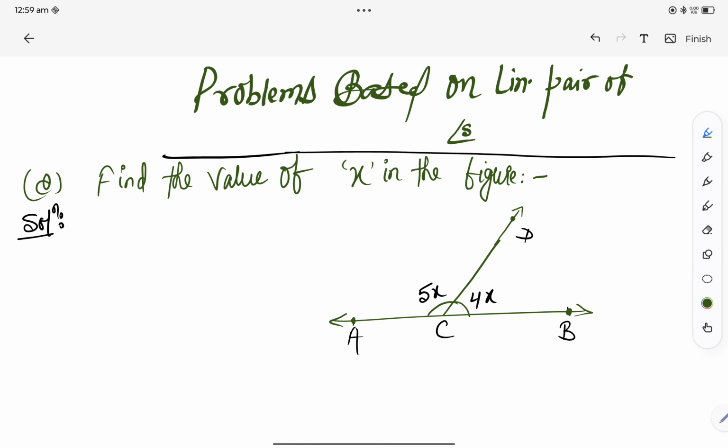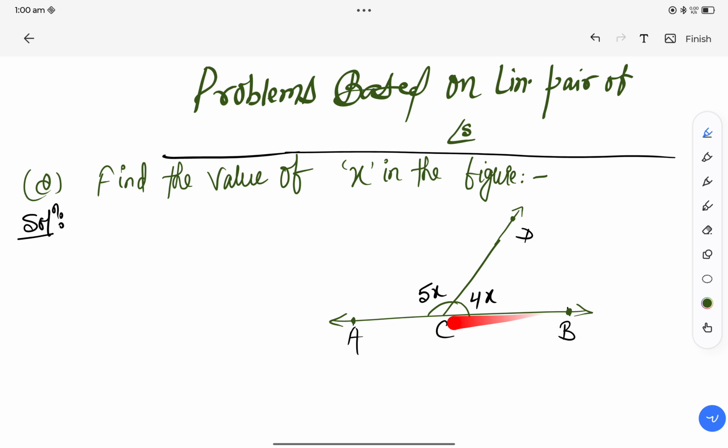इस लेसन में हम लीनियर पेयर पर बेस्ड कुछ प्रॉब्लम्स सॉल्व करेंगे। तो आइए देखते हैं फर्स्ट प्रॉब्लम हमारा क्या है। तो फर्स्ट प्रॉब्लम है वैल्यू ऑफ x फाइंड करनी है और हमारे पास एक फिगर दे रखा है। क्लियरली आप देख सकते हैं कि यहाँ पर एक लीनियर पेयर फॉर्म हो रहा है। क्यों? क्योंकि एक रे CD लाइन AB के ऊपर स्टैंड कर रहा है। लाइन AB एक स्ट्रेट लाइन है और इस पे एक रे स्टैंड कर रहा है।